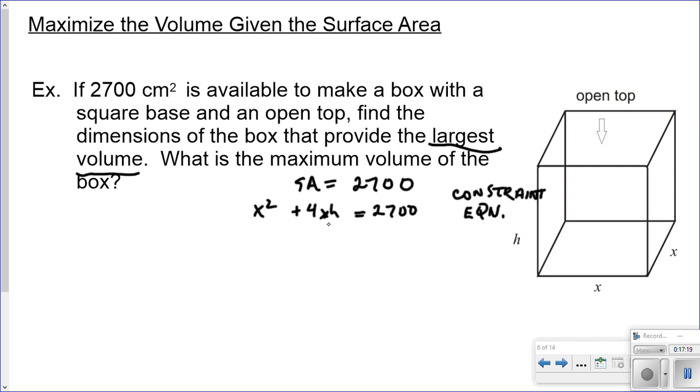Okay, it's always under this constraint here. Well, let's rearrange this and solve for h. Let's say h is easy to isolate. It's right here, and that means that I can rearrange my equation. Okay, so h would be 2700 minus x squared all over 4x. I'm going to go one step. Okay. Let's divide. Okay. H is, I've got here down. Okay. So 4 into 2700, and there's a 4x into 2700. Okay. So that means I've got,